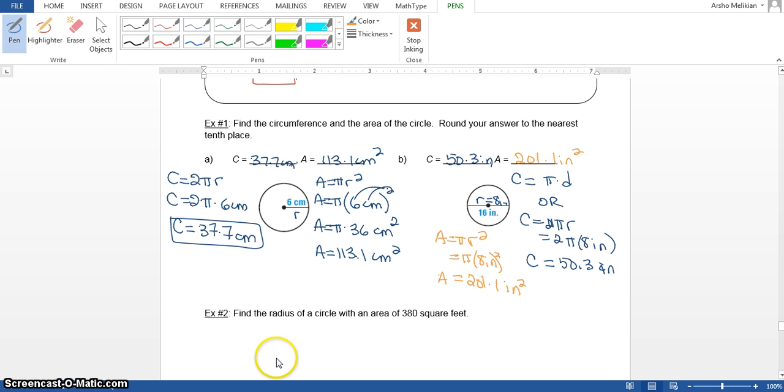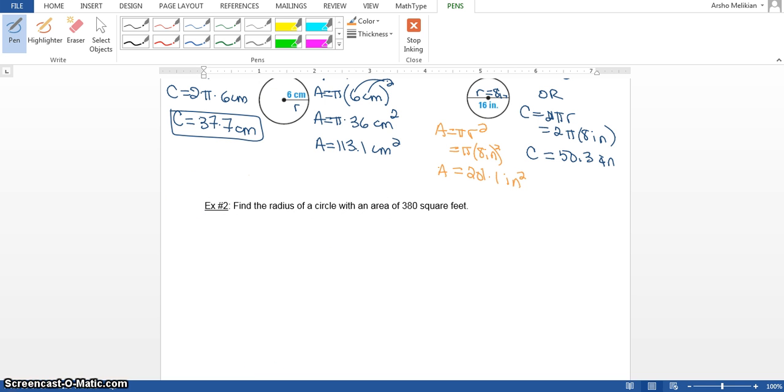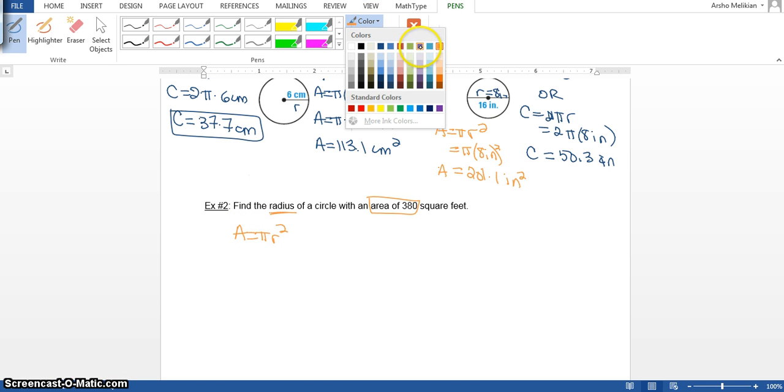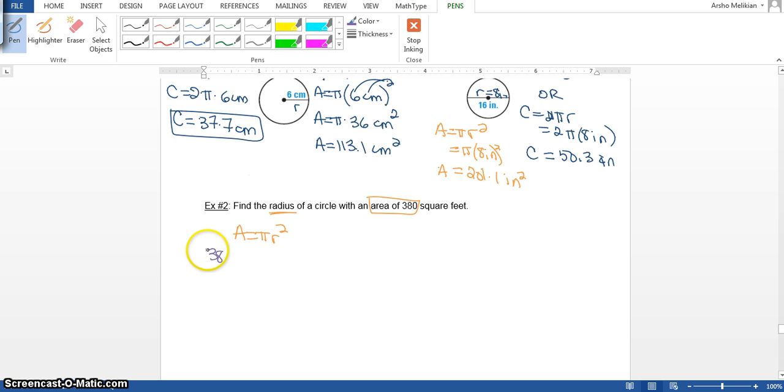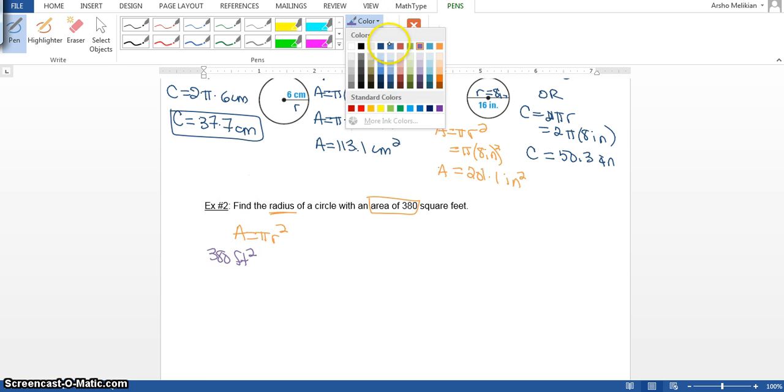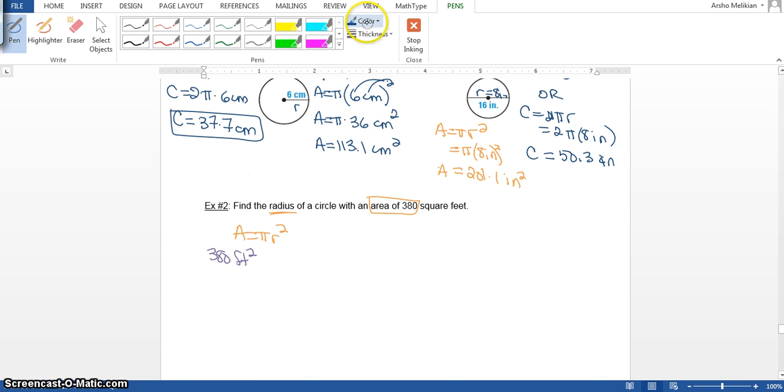Next, find the radius of the circle with an area of 380 square feet. If we're given area, then we have to start with the formula for area, which is pi r squared. Now, the value that we're given for area is 380 square feet, which when you write it is feet squared. Okay, please make sure you do that correctly. Equals